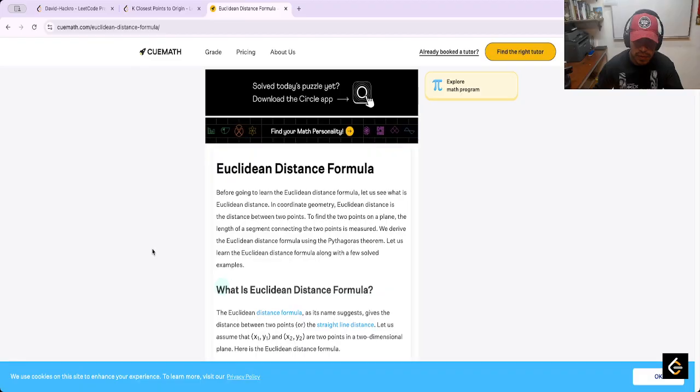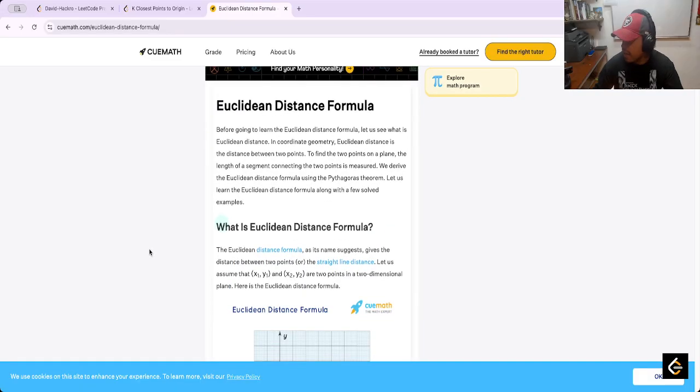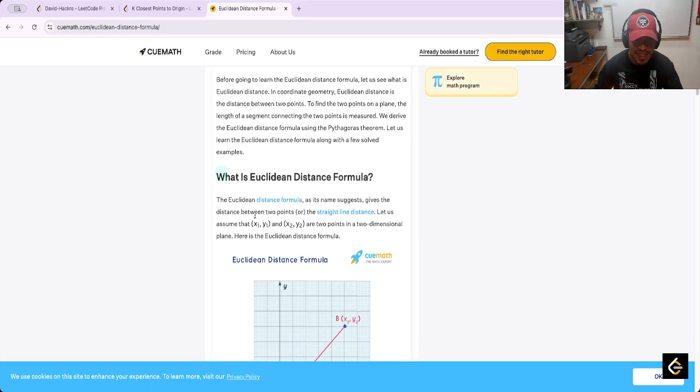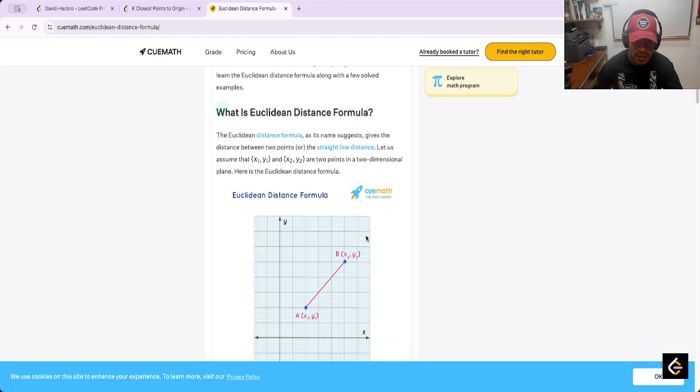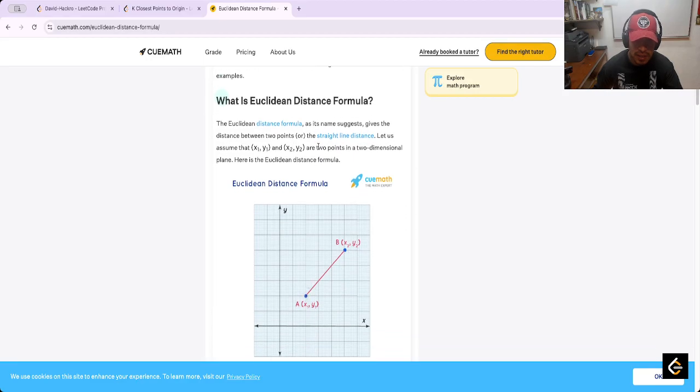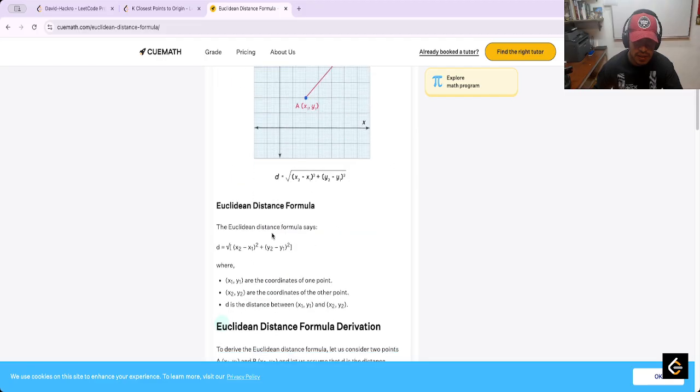Before going on, sorry, it has been a few years since I left the university. I didn't remember the Euclidean distance formula between two points. Let us assume x1 and this and this. That is this squared plus, and this is the result